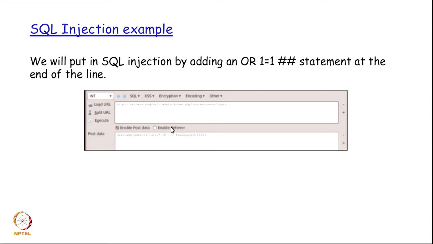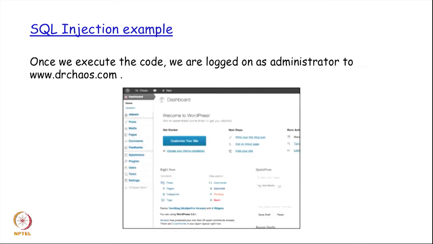Now, if you look at it here, just "or 1 is equal to 1" has actually been added. What happens is this becomes true because 1 is always equal to 1. Now, when this modified SQL query, which is what is referred to as an SQL injection, is sent to the server by again pressing the execute button of this plugin, we find that the administrator is